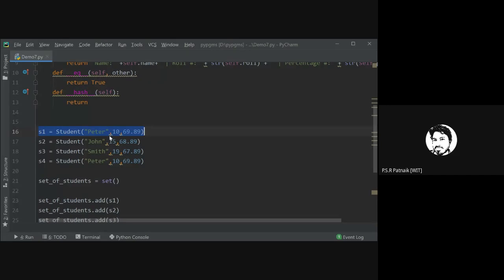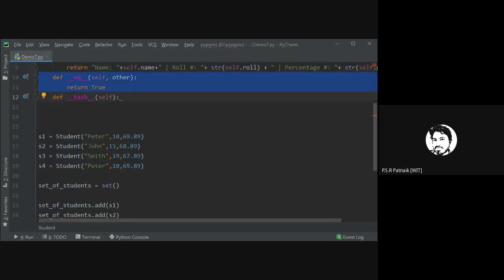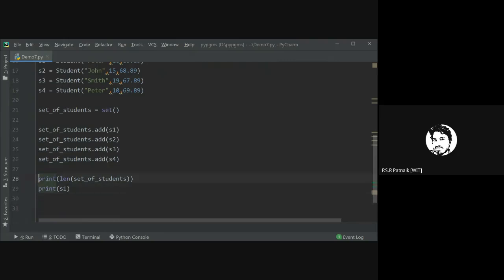So we cannot rely on the internal representation of a hash to identify whether these two objects are the same or unique. So what we need to do now is take that control and define what will be the hash of any object, right? So by default, let me comment this. For example, for a quick demo, I'll comment this, and even this as well. I'll comment this one, right? Now, before I go ahead, I'll also comment it.